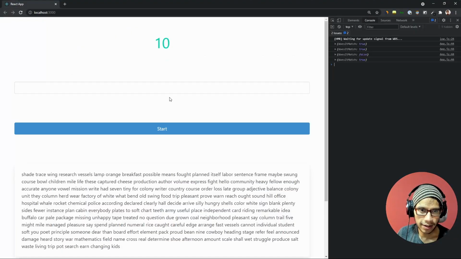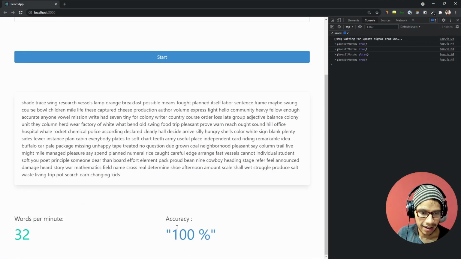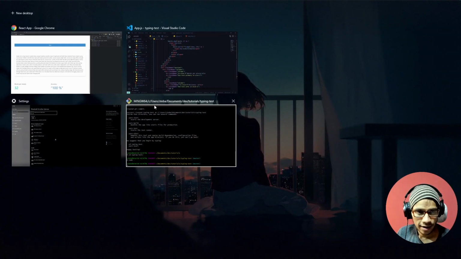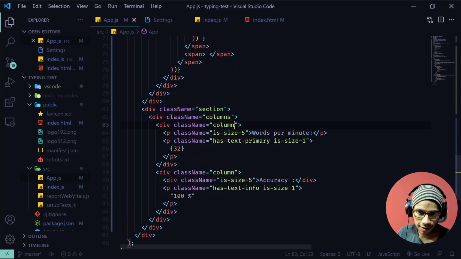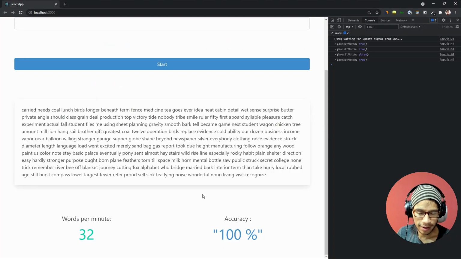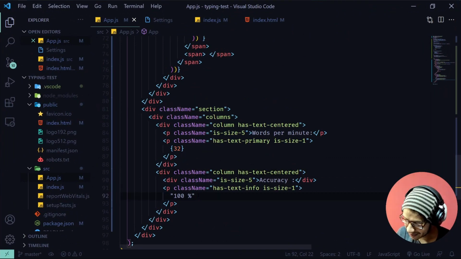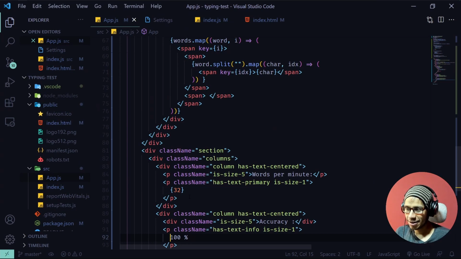If we go back here, we have that, and well, for each column I want to center all the items. So here I'm going to add this class called has-text-center. I can copy this right here, and now it is in the center. I can remove this quotation, and well, here we need to keep track of all of the words that are